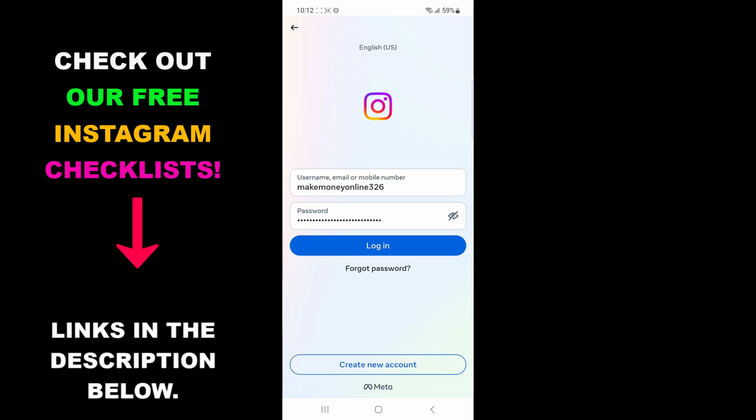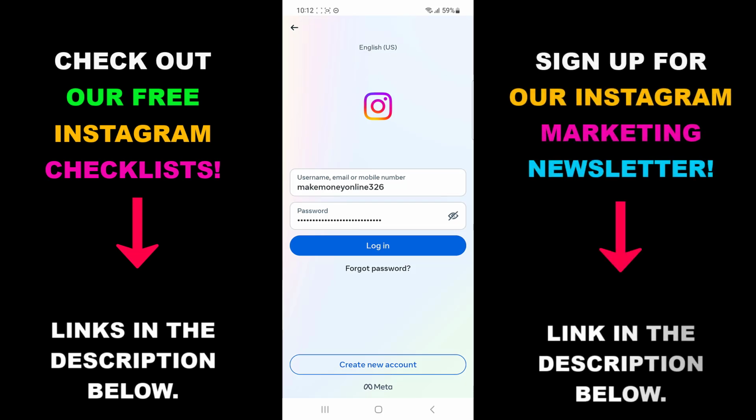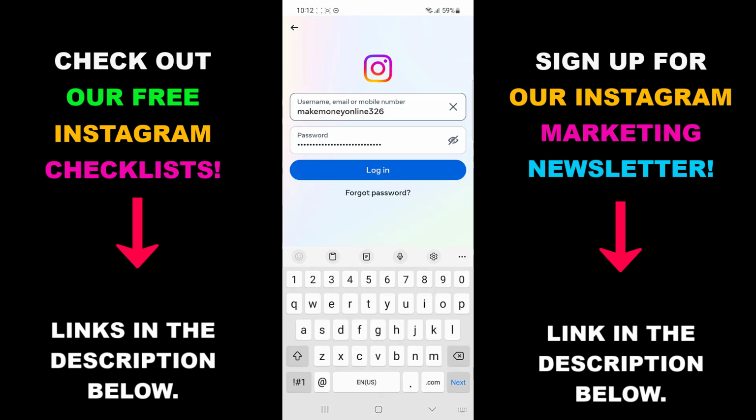But now let's see how to fix Instagram login issues. First, double check to make sure you use the right username and password, make sure caps lock isn't on, and so on. If you put in your information correctly, but you're still getting an error message, this might be because